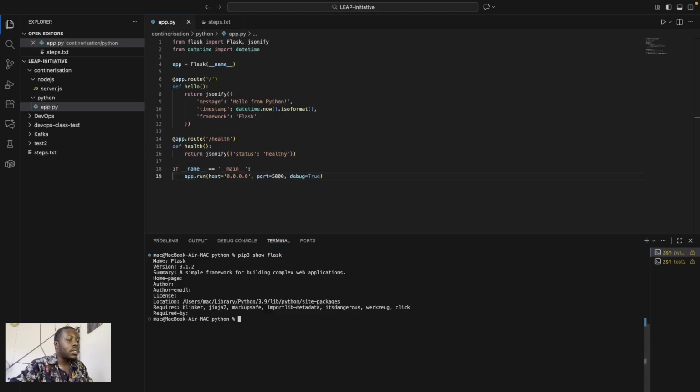We see that port 5000 seems to already be in use on my computer, so I'm changing it to port 5002, and let's see. So we can run python3 app.py. Oh, wrong spelling. python3 app.py.